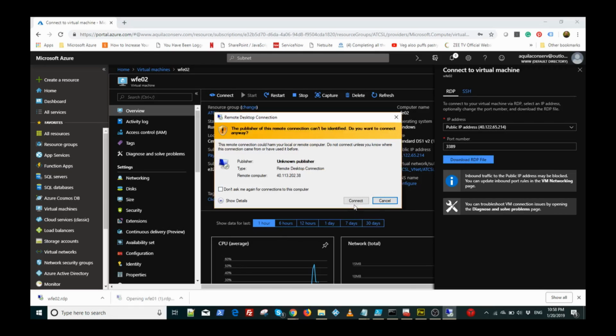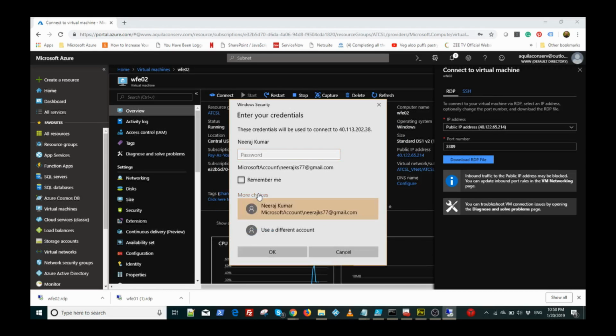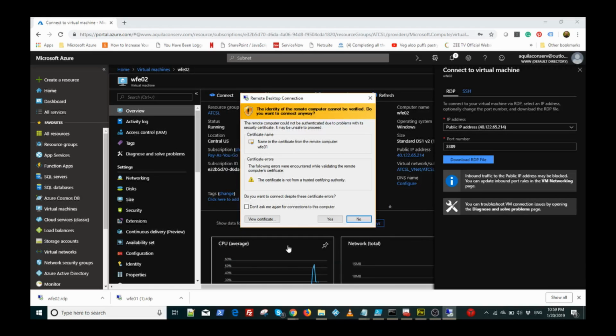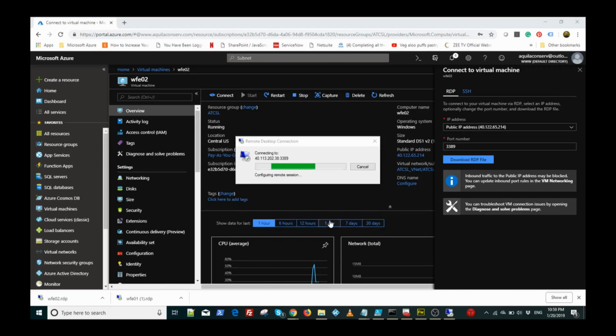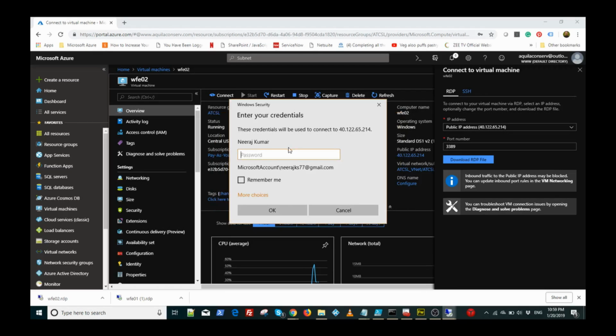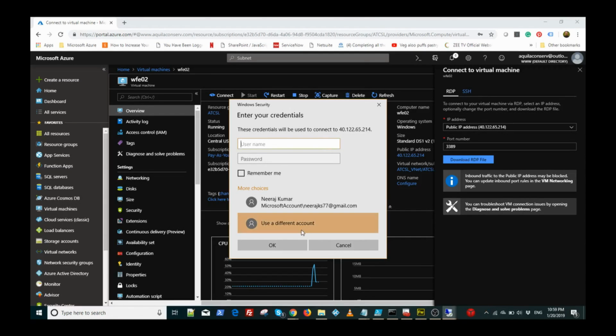One is WFE01 and the other one is WFE02. I'll click on WFE01, click on connect, provide the user ID which I created, ATCSL admin, with a password. I'll click on OK. And similarly, I'll click on WFE02, click on connect, use more choices, use different account. I'm sorry, by that time it came up. So use different account, ATCSL admin, and the password is